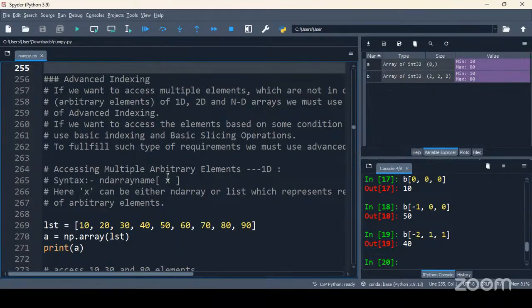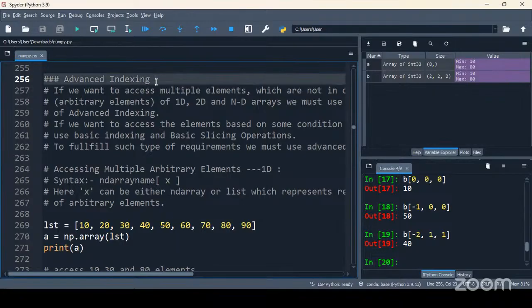Now, let us understand the concept of advanced indexing in NumPy. So this is very important, guys, because so far you consider any Python traditional object. Okay. Did we work on advanced indexing? No. We just understood only the concept of basic indexing. But NumPy does support advanced indexing. What is the concept of advanced indexing? Advanced indexing is nothing but